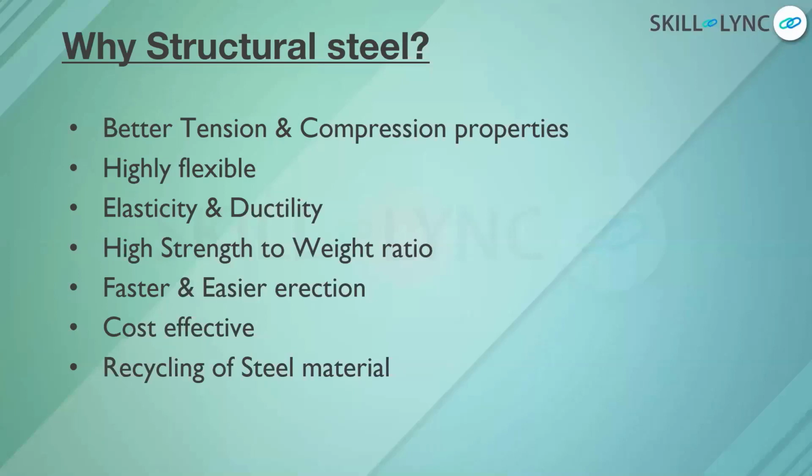On the cost effective part, compared to other framing materials, structural steel brings greater value to the project in terms of initial cost, and also reduces the cost in other areas, such as foundations and facade systems. So the overall cost of the project will be comparatively lower than other framed structures. Structural steel can also be rolled and curved, so if the project is of irregular shape, you can still use steel material.